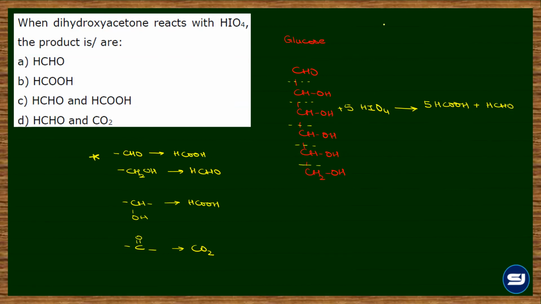Now we are given dihydroxyacetone, which is the simplest ketose, optically inactive. The structure is CH2OH, C double bond O, and CH2OH. So this is the bond which is going to break down. Again, this. So it's going to utilize 2 HIO4, and the first and the last would give you formaldehyde, so 2 moles. The carbonyl will give CO2. Answer would be option